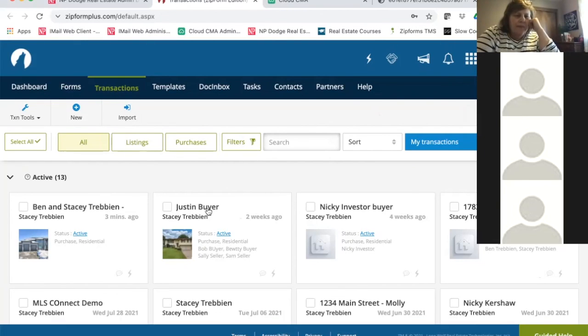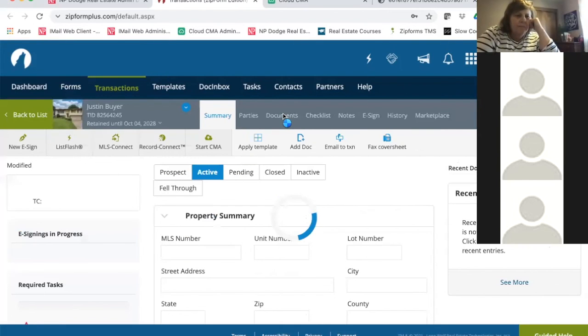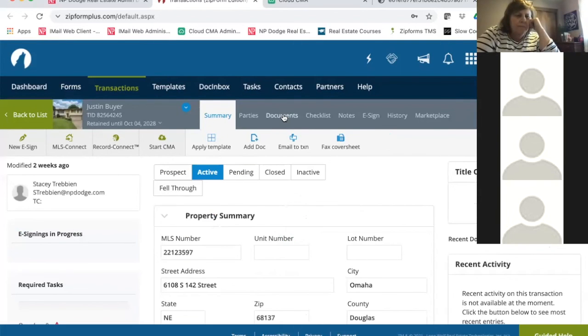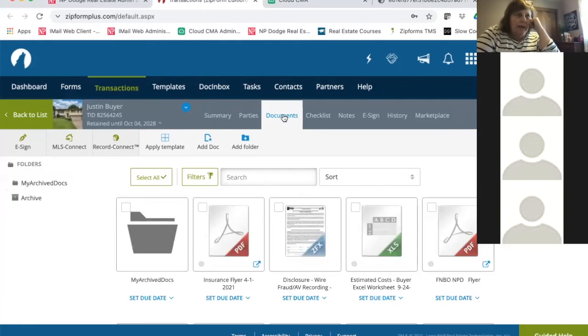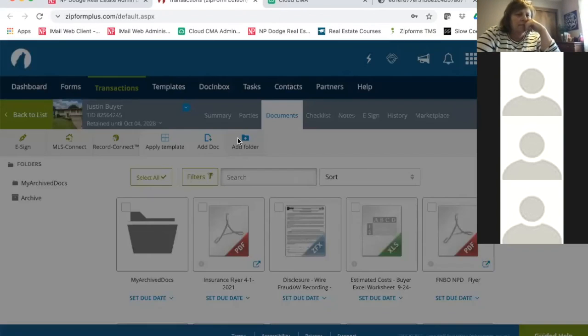And okay, so you can create folders in each transaction. Like if you went into a transaction and you go to the Documents tab, I had a folder where I had the buyer and the seller. So if I want to, in this specific transaction, add a folder, it always lives here and it would populate over here on the left. So it'd be part of the main folder, holds everything. But if I add a folder,